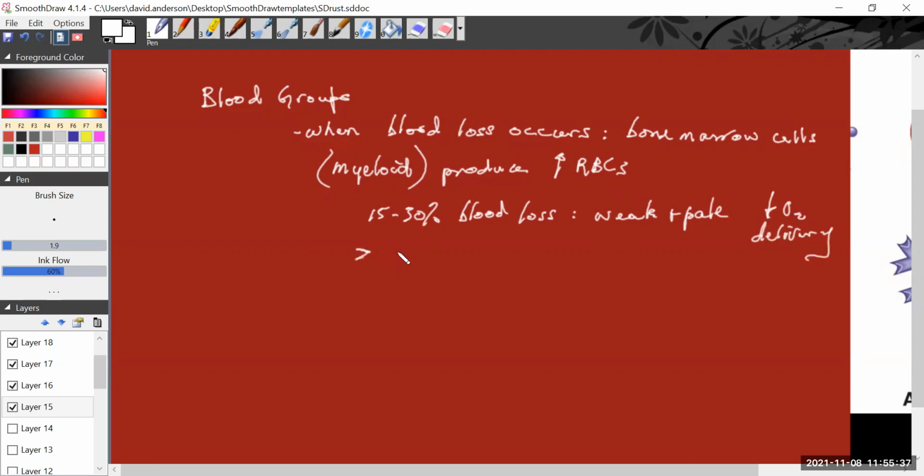More than 30% blood loss could cause severe shock, which could lead to death. So this whole blood clotting thing is important because in lots of cases, we may not produce enough red blood cells fast enough to make up for this loss. So sometimes a whole blood transfusion